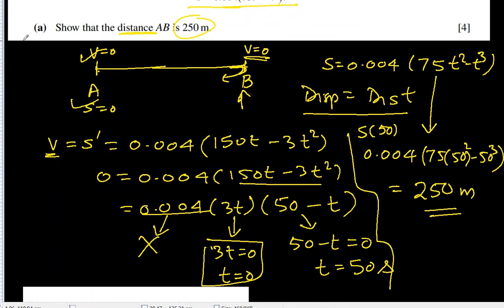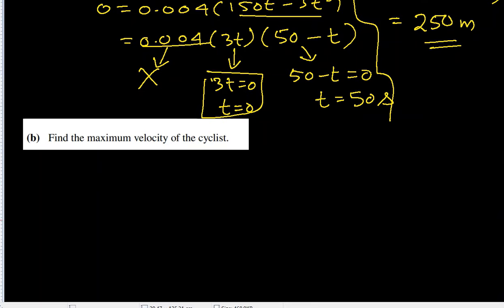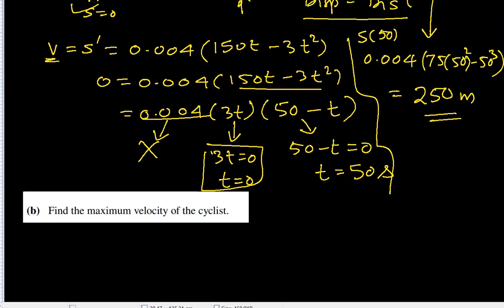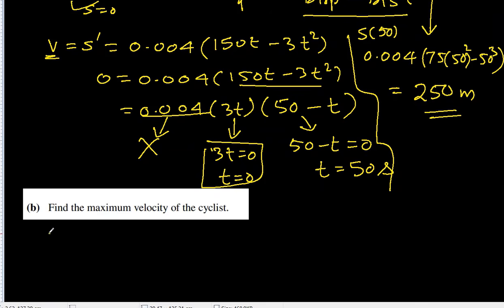And like we find the maximum and minimum point for any function by differentiating it and finding its turning point or stationary point, we have to find the stationary point of velocity, not displacement. Why? Because we are asking for maximum velocity. So that means whatever we got, we have to differentiate it again so that we get acceleration. So acceleration is the differentiation of velocity, and that will be